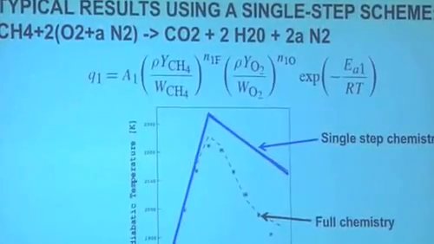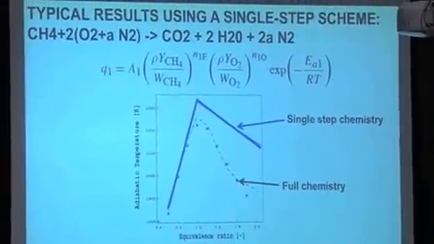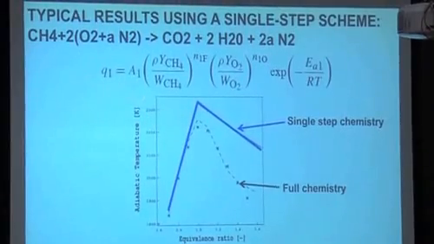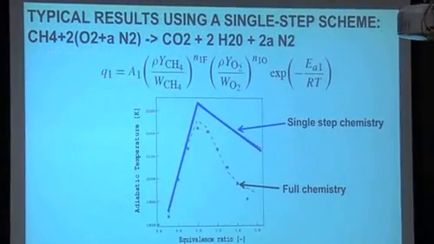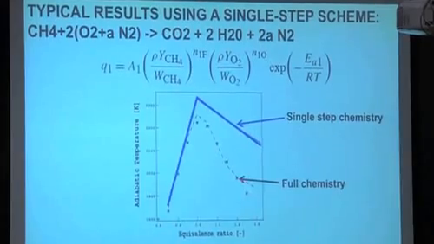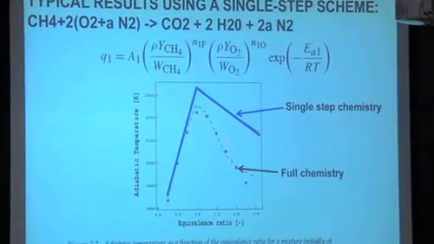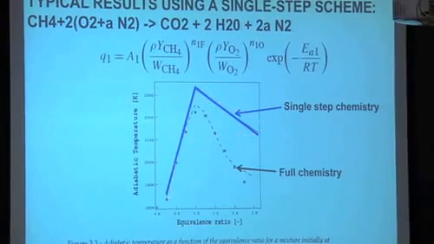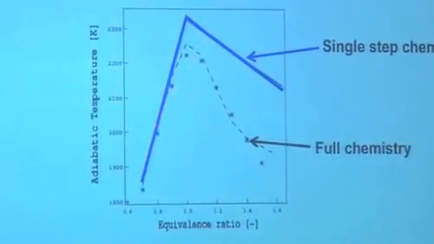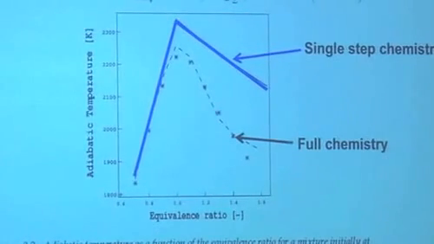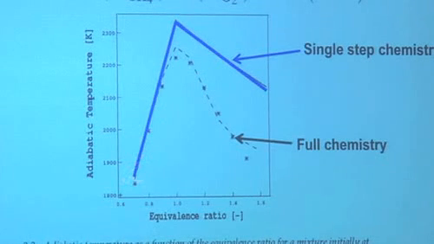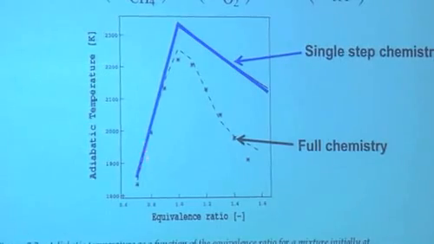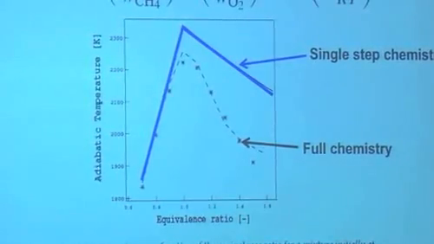It will be for methane air flames first. So that's a complicated one. You've seen that before. You react CH4 plus air. This is equivalence ratio, and this is the adiabatic flame temperature which you get with full chemistry, and this is what you get with single-step chemistry. So you see, again, right away you are good on the lean side, and on the rich side you're just off by 300K. So normally it's not good. But if you're looking at a lean combustor, perfectly premixed, you don't care. I mean, you can compute here, and you know you're right. So why bother to do better than that?